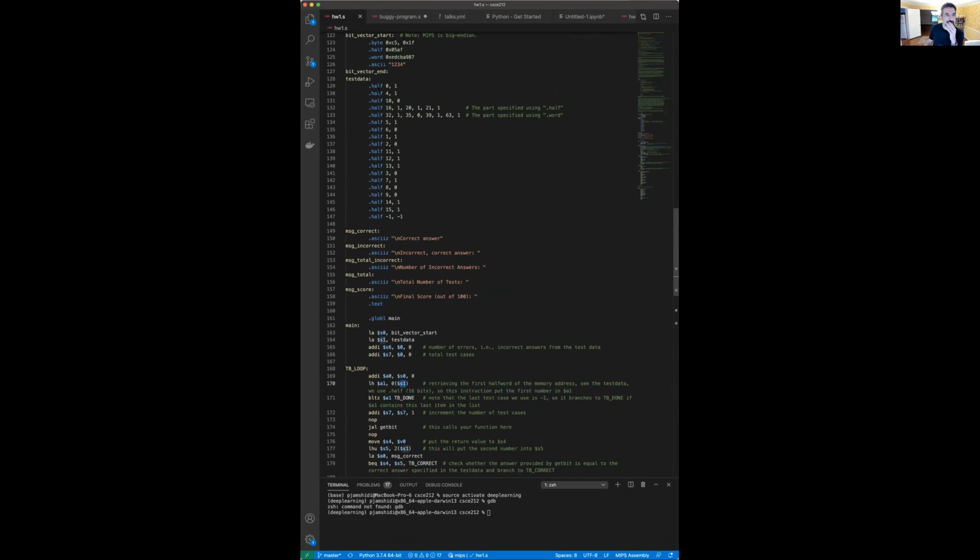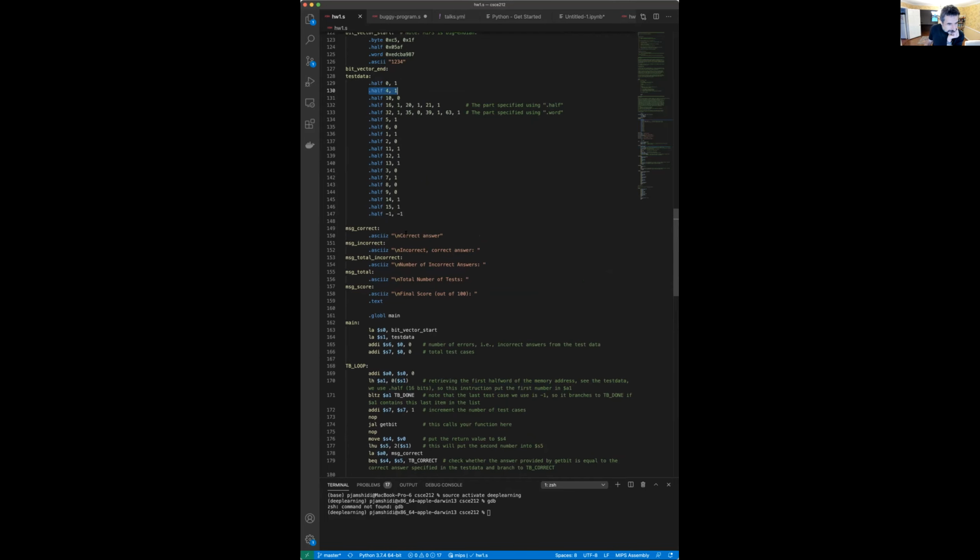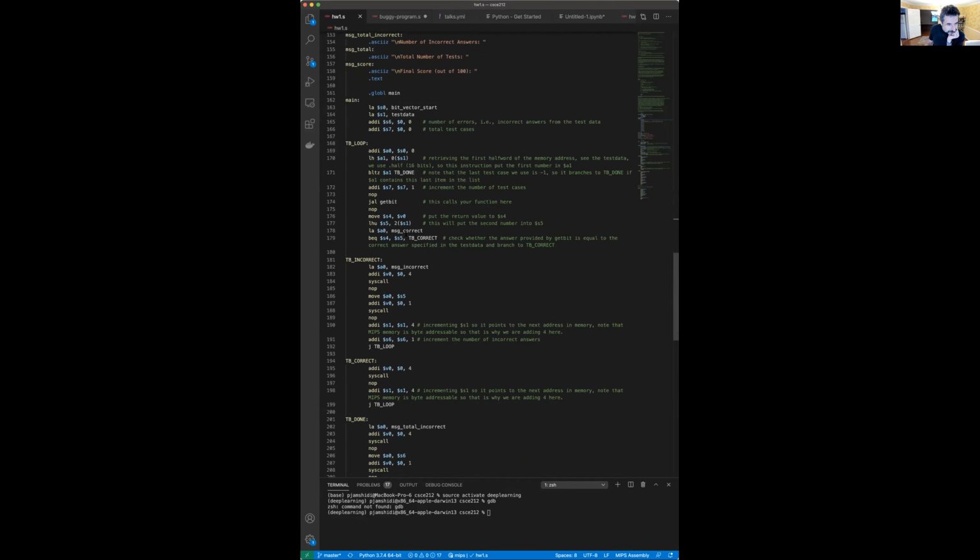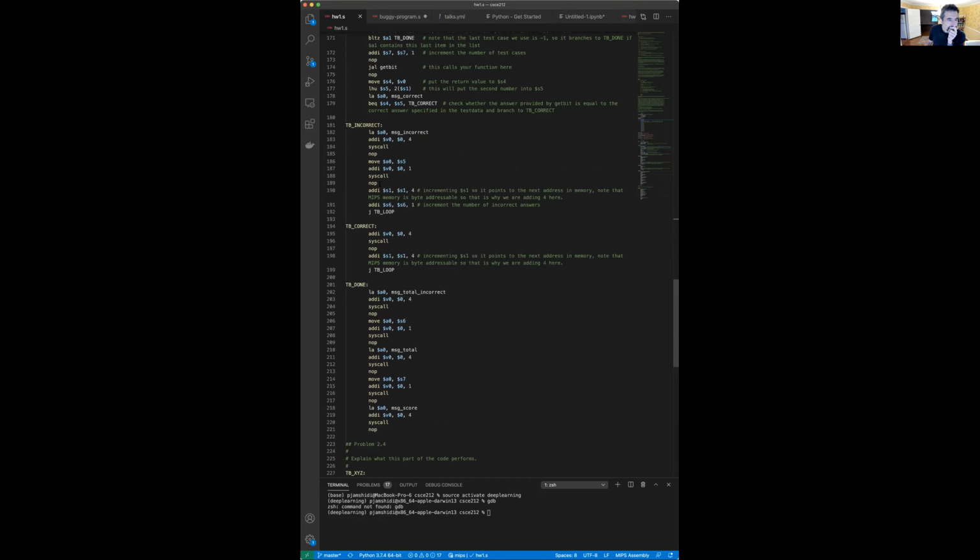need to, once we are done with each test case, we need to move on to the next test case, right? So essentially we need to increment or point to the next test case once we are done with one test case. So we need to increment that. This is what somewhere we need to increment, and this is what's happening here. Okay, so we need to increment the value of S1